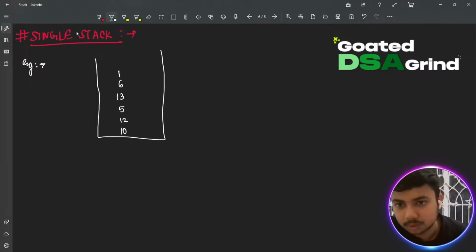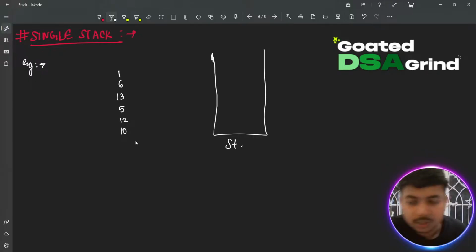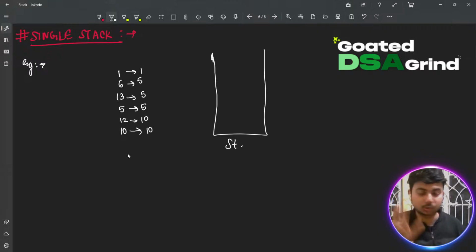So these are the elements that we are gonna push. Okay, this is not a stack. Let's not consider this as a stack. These are the elements that we are gonna push into our stack. ठीक है, ये हमारा स्टैक है। तो पहले हमें बोला कि भाई तुम 10 को पुश करो, फिर बोलेगा कि 12 पुश करो, फिर 5। सो जब 10 पुश होगा तो हमारा मिनिमम क्या होगा, 10। जब 12 पुश होगा मिनिमम 10 होगा, जब 5 पुश होगा 5 होगा, 13 होगा 5 होगा, 6 होगा तब भी 5 होगा, बट जब 1 होगा 1 होगा। ठीक है, ये हमारा टू स्टैक वाला यूज करके ऐसे ही है कुछ।